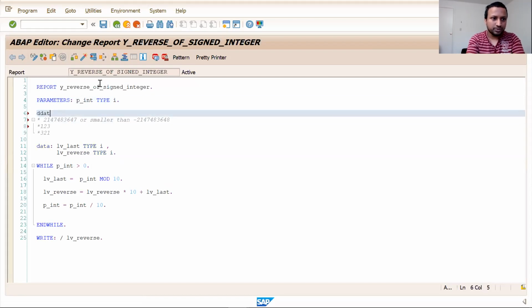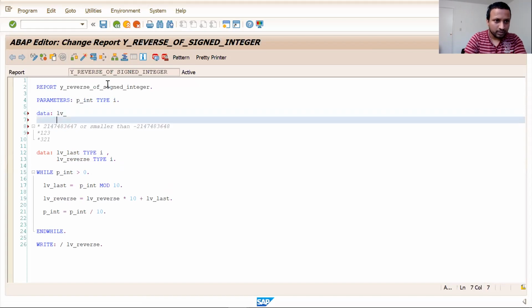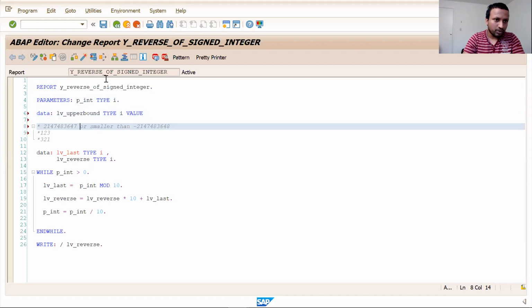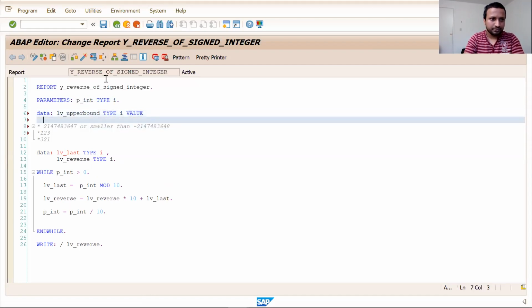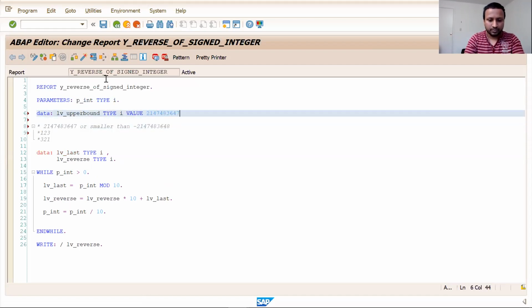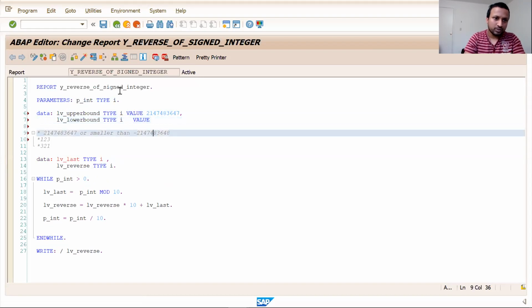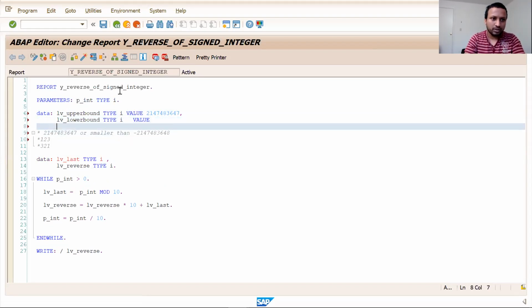I'm trying to cover the upper and lower bounds, like LV_upper_bound, type int value, the upper bound is this number, and LV_lower_bound, type int value. It is straightforward, this number.